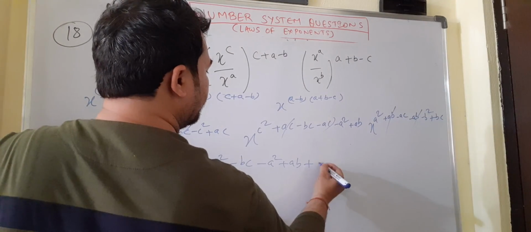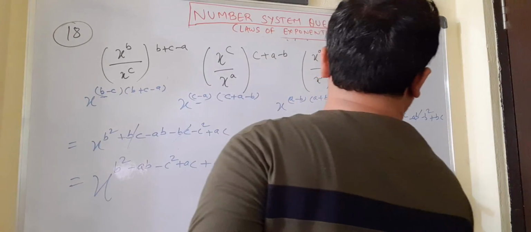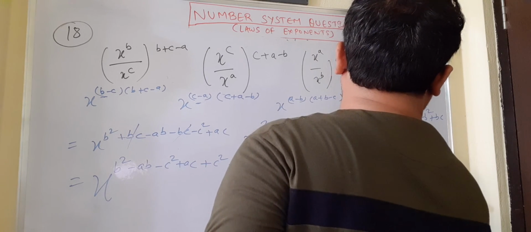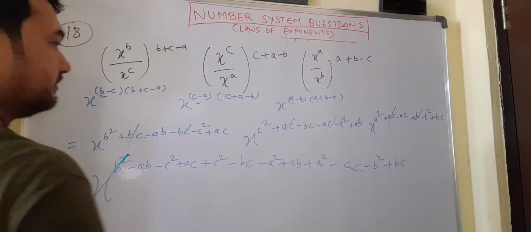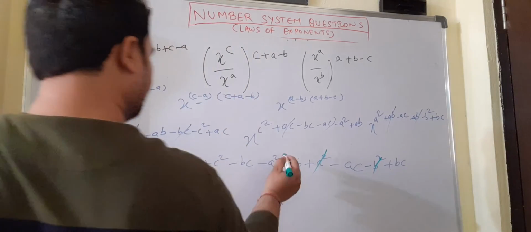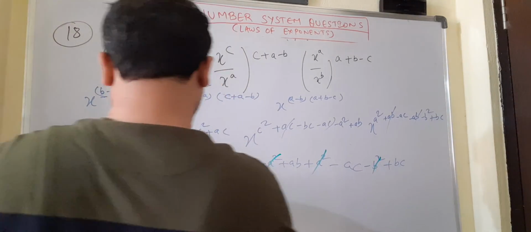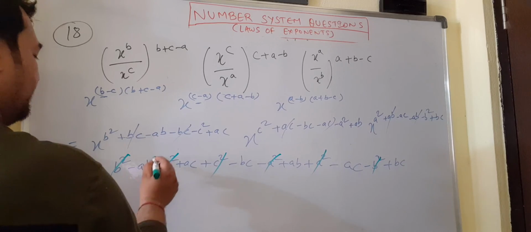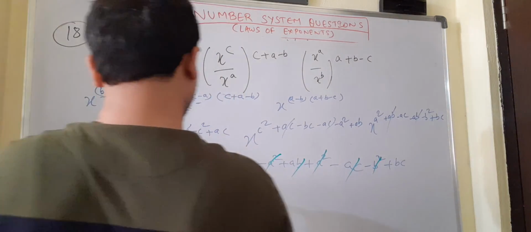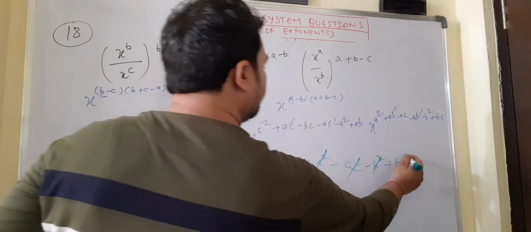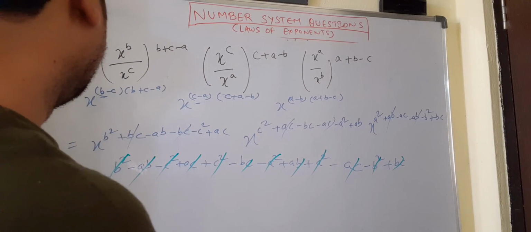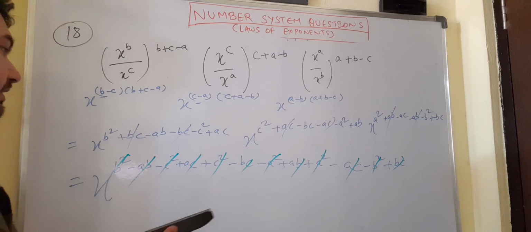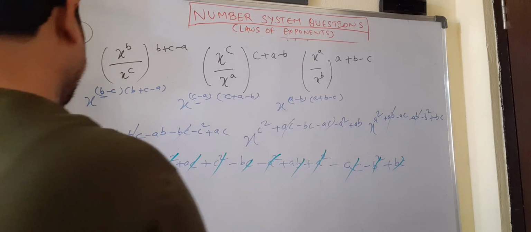From here plus a square minus ac minus b square plus bc. b square and minus b square, a square and minus a square, c square and minus c square. Again minus ab plus ab, minus ac plus ac, minus bc plus bc. You find anything that is not cancelled out? There is nothing. Everything gets cancelled out, and we get